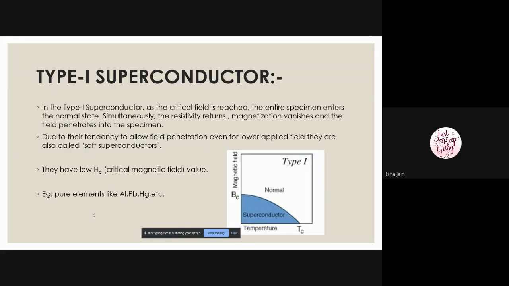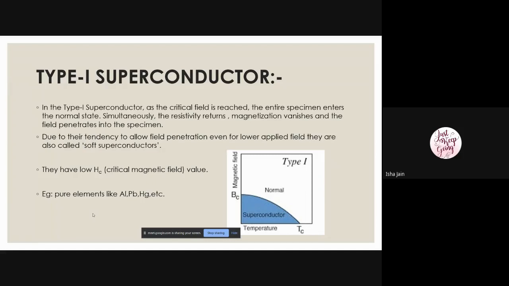So, in simple words, you can understand that they are soft superconductors, were discovered first, and require the coldest temperature to become superconductive. They exhibit a sharp transition to a superconducting state, where the temperature Tc at which this transition takes place is known as critical temperature or transition temperature, and Hc is the critical magnetic field, which is the minimum magnetic field which, when we apply it to any superconductor, makes it lose its superconductivity.